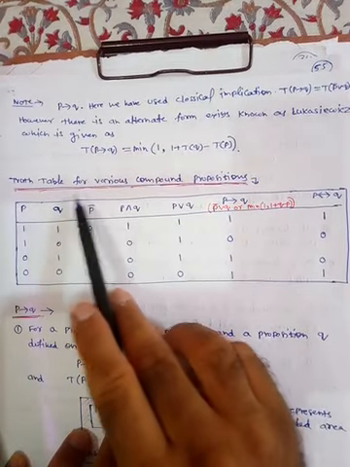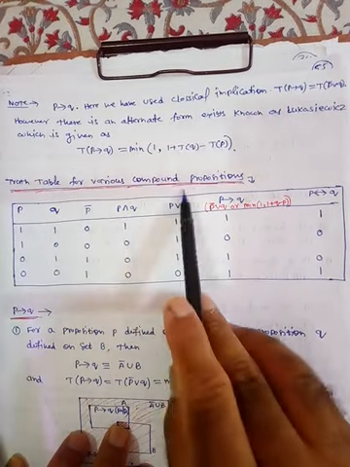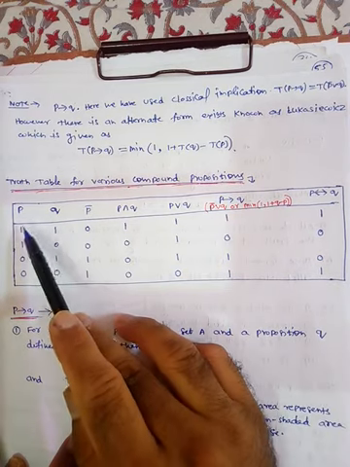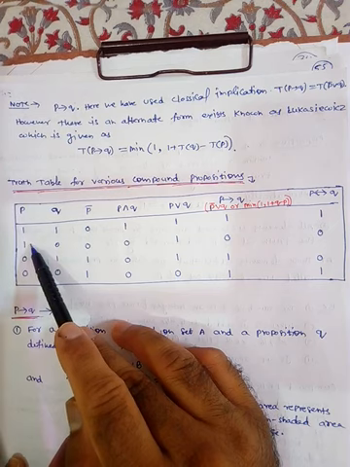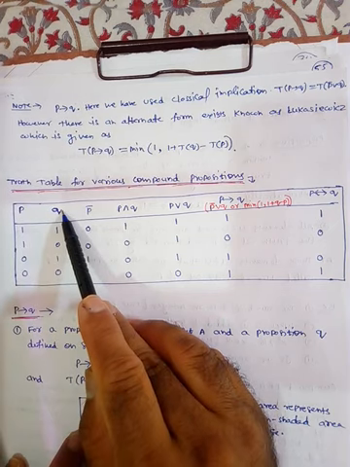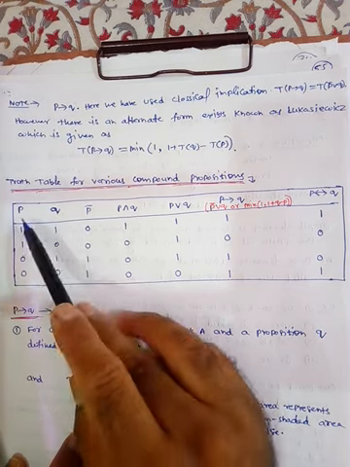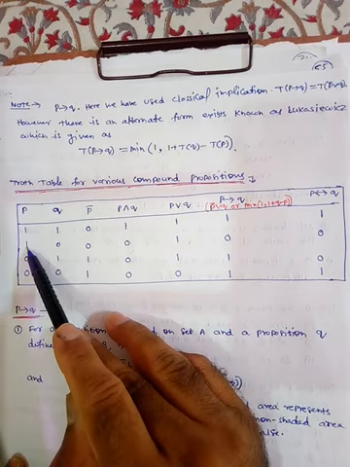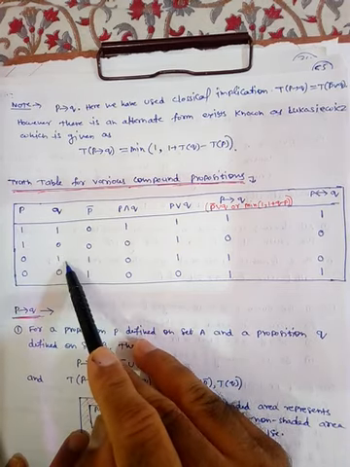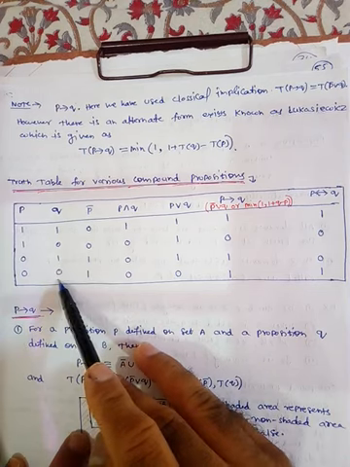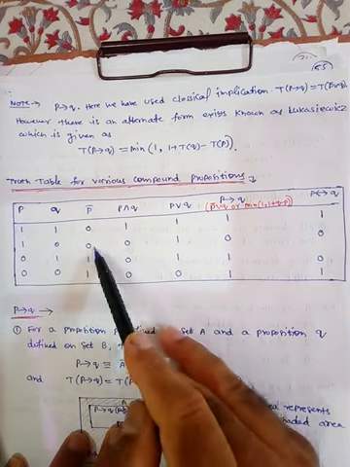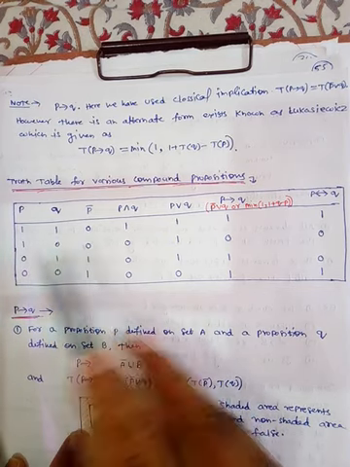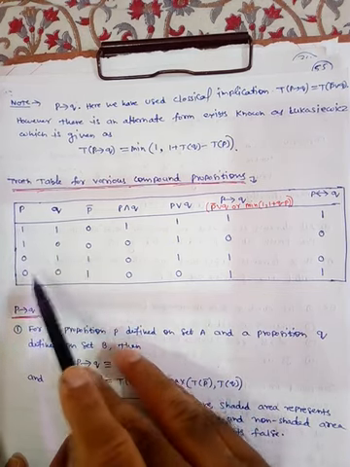So now, truth tables for various compound propositions. Here P may be true, true means 1. Similarly Q may be true or false. That's why we have 4 combinations: 1 1, which means true and true; when this is true, this is false; this is false, this is true; and then both are false. This is P bar: 0 0 1 1. When this is 1, this is 0. When this is 1, this is 0. Then this 0, then this is 1. This is 0, this is 1.